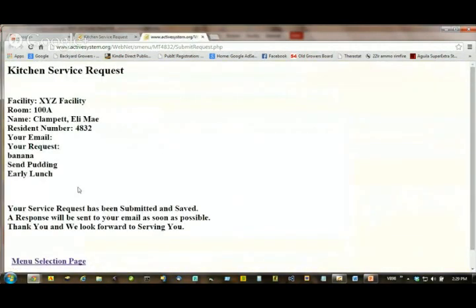And it gives you a printout on the screen of what you just sent to the kitchen. And then they can go on about their business, realizing that this kitchen request is going to be received by the kitchen and addressed. Now, if we can go back,